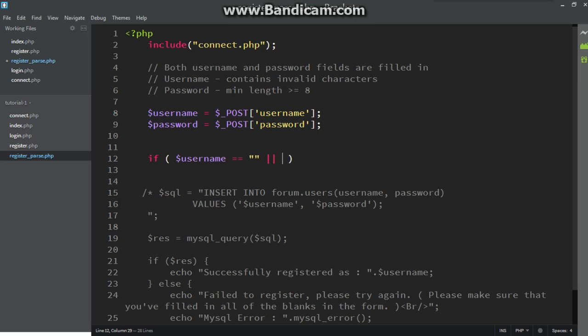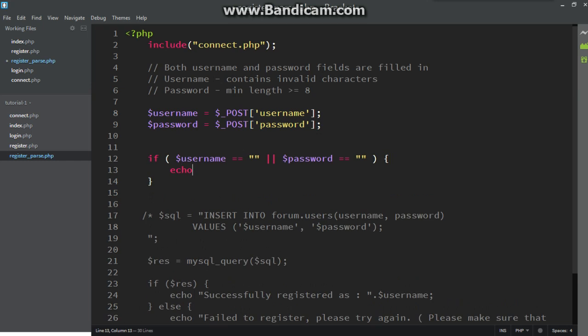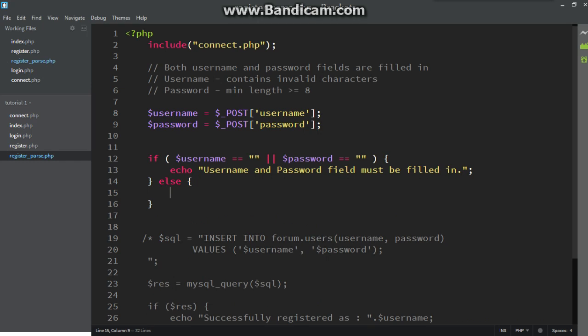So if either one of the fields is not filled in, we'll tell the user to fill in both. And if they have filled in the username and password correctly, then we must further check that the username doesn't